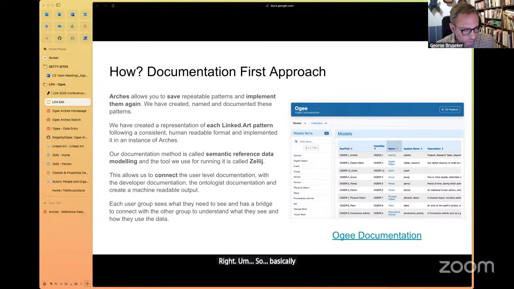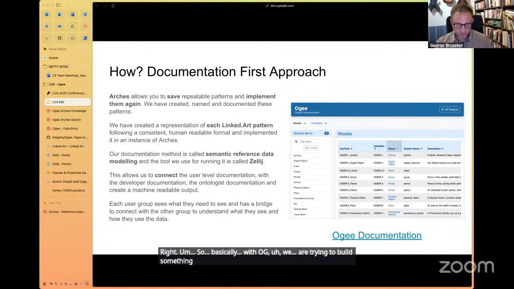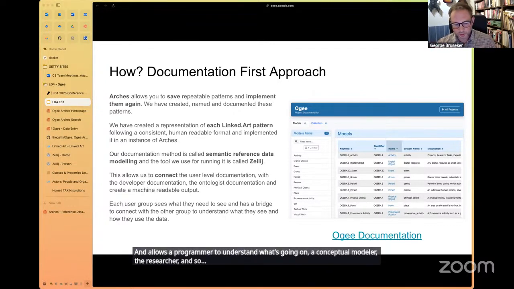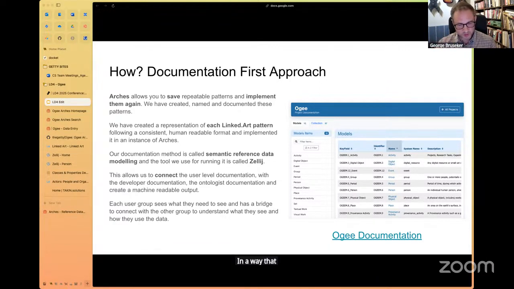Basically, with Ogee, we are trying to build something that is speaking to all these different communities and allows a programmer to understand what's going on, a conceptual modeler, the researcher. And in order to do that, and this was coming out of our project in Provenance, how do you speak to these different communities? Like the Provenance specialist, how do you talk about the model in a way that speaks to them, which is not the JSON LD, which is not RDF, which is none of that. It's we have a provenance activity.